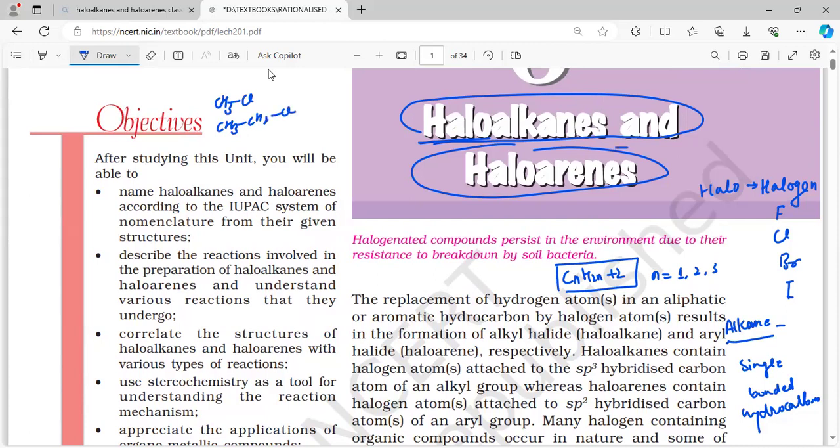What is going to be a haloarene? That is a halogen present in the arene ring, students, the aromatic ring. So like that, this can be chloro, or if you are taking another one, this is going to be bromo. So they are going to be haloarenes, right? How are they going to be defined? If you are talking about the definition of it, the definition is,